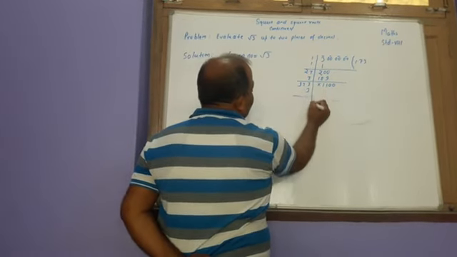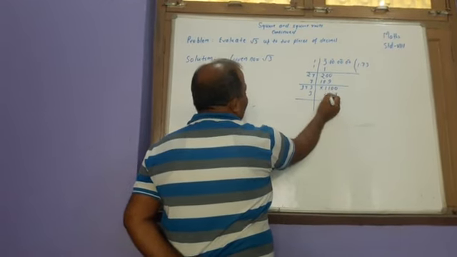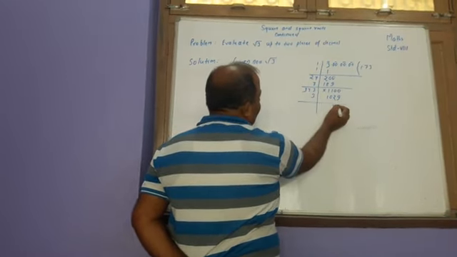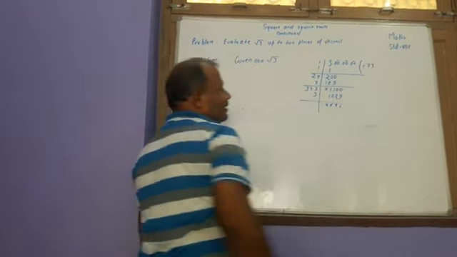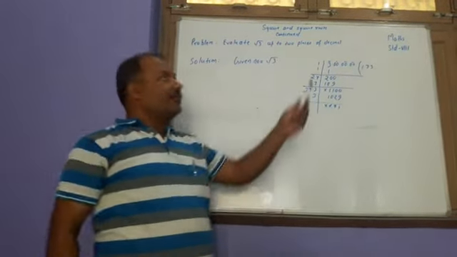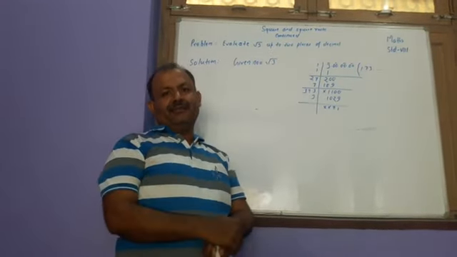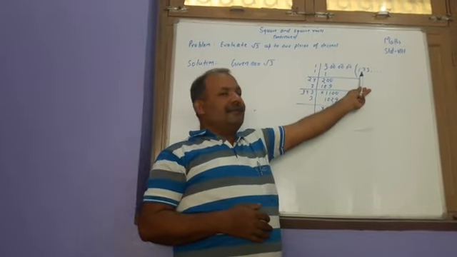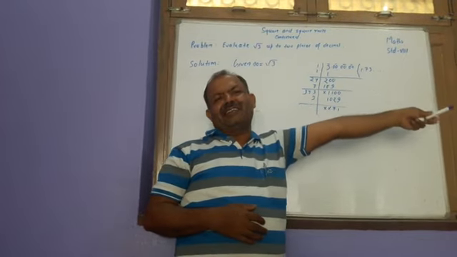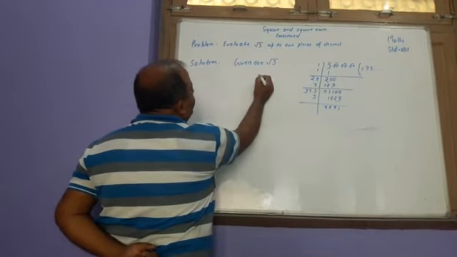3 3s are 9, 3 4s are 12 and 3 3s are 9, 1 is 10. 10 minus 9 is 1, 9 minus 2 is 7, the rest will be cancelled. You may proceed like this, but in the question we are given, we have to find only up to 2 places of decimal. Here we have got the result up to 2 places of decimal, and therefore no need to continue it ahead.